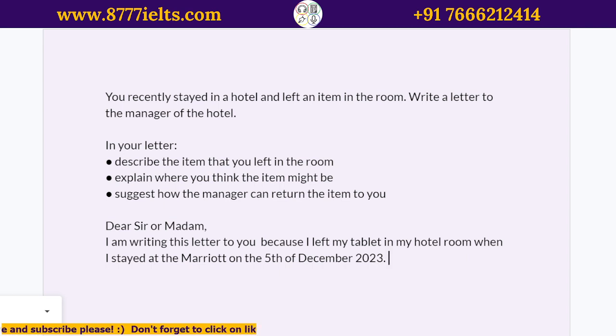Describe the item. Now you get straight to the point, right? Don't talk about, oh, I paid with my credit card and I stayed for 3 nights. No, that's useless information, waste of time. So describe the item. You could say it's a rose gold Apple iPad with a, you can say, for example, what else?